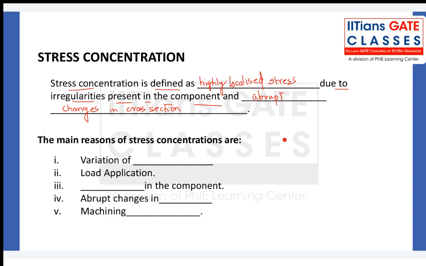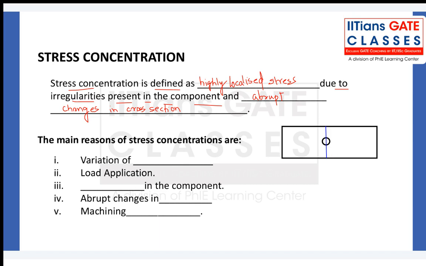Let us take this component. And let me say this component has a small hole at its middle point. Because of the small hole, you can understand that there will be an abrupt change in cross section somewhere here, right? Because of the presence of the hole, there is a change in cross section,